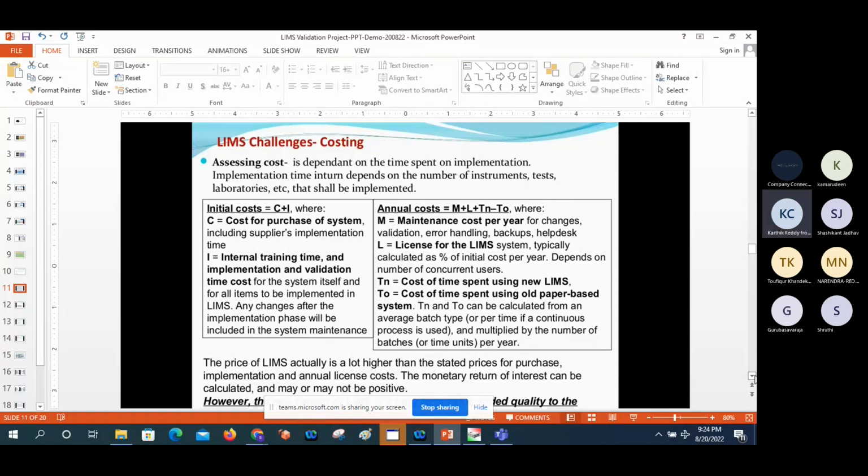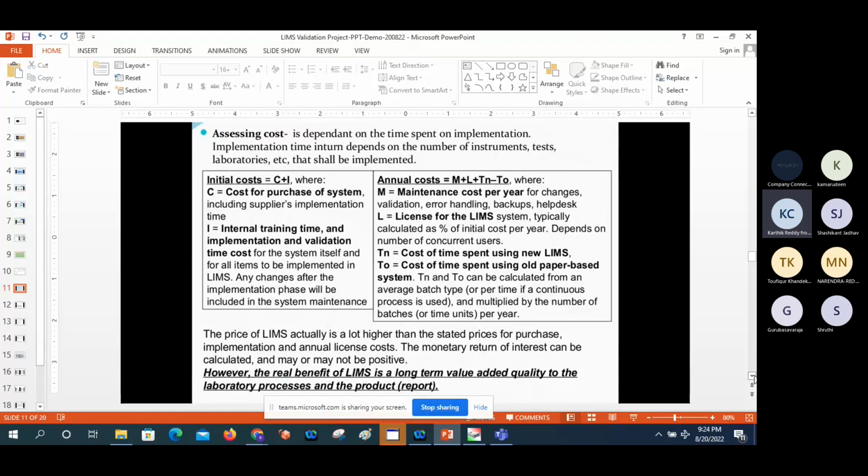The monetary return of interest can be calculated and may or may not be positive. However, the real benefit of LIMS is a long-term value added quality to the laboratory process and the product. So after implementation of LIMS, if any regulatory audit was happening, they can appreciate the